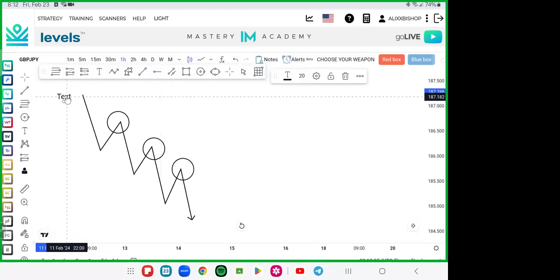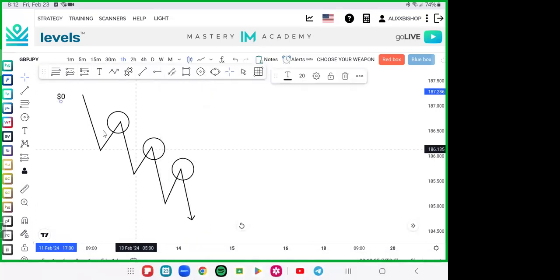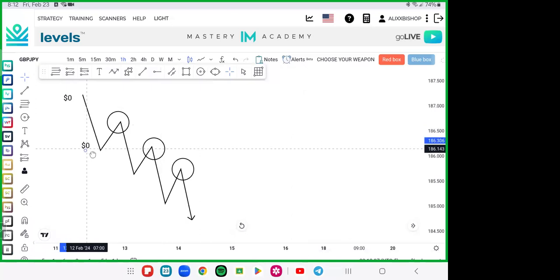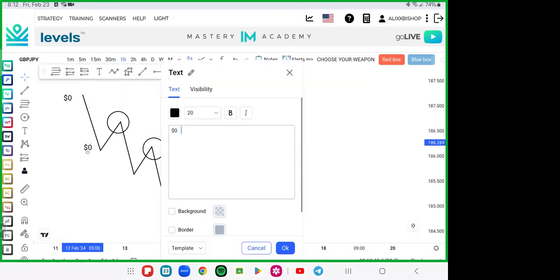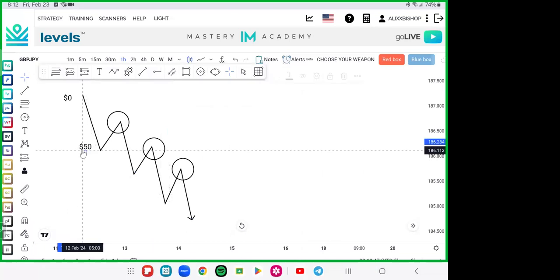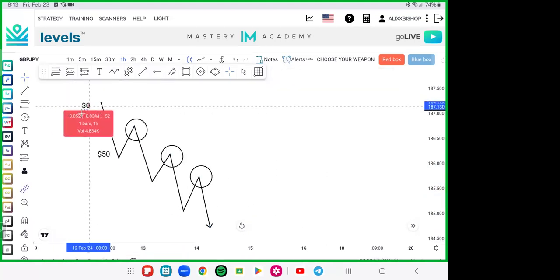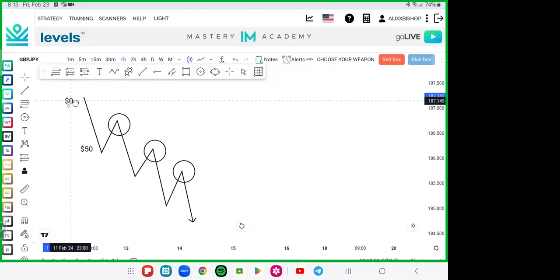Market was at $0, just to give an example. Market drops $50 down. Do you think the big banks want to go ahead and buy at $50 if it just dropped? No, that's definitely not what they want to do. So they're going to wait for market to pull back and give a discounted price. So this area, and this is just an example, but this area right here,